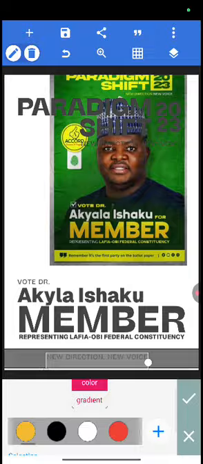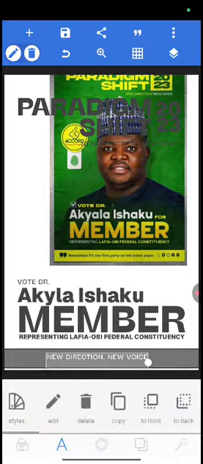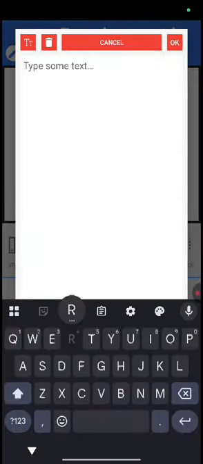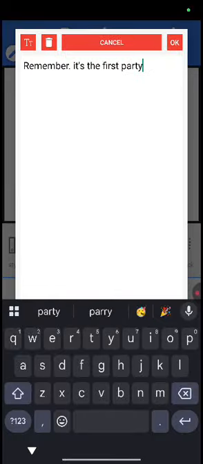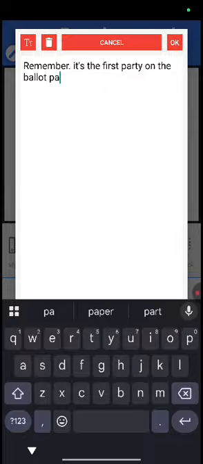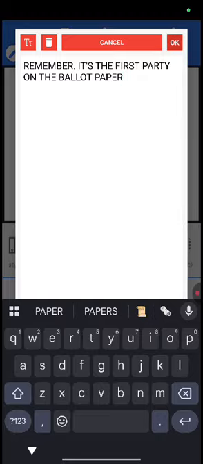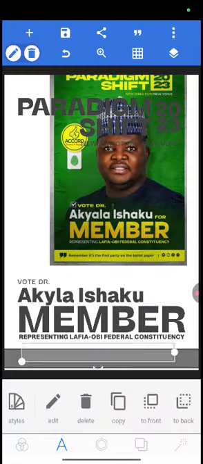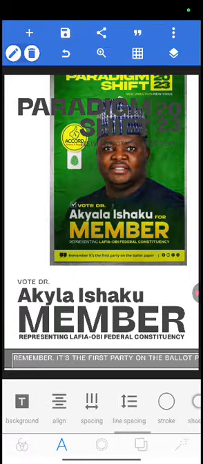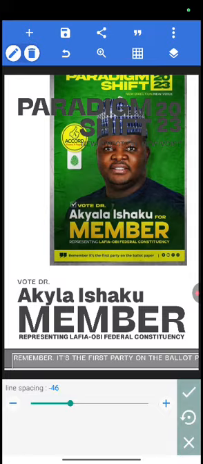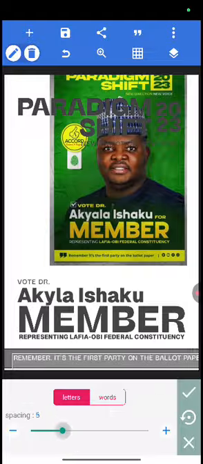Remember, we've not added any color. Remember, it's the first party on the ballot paper. Remember, it's the first party. So the spacing here is also affecting it. No, I'm going for